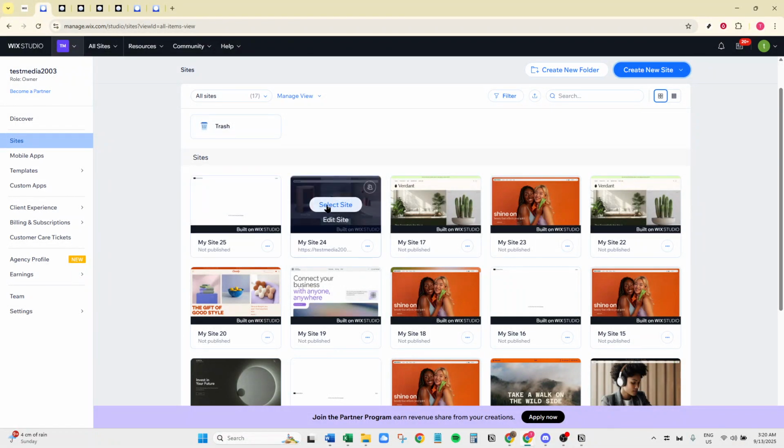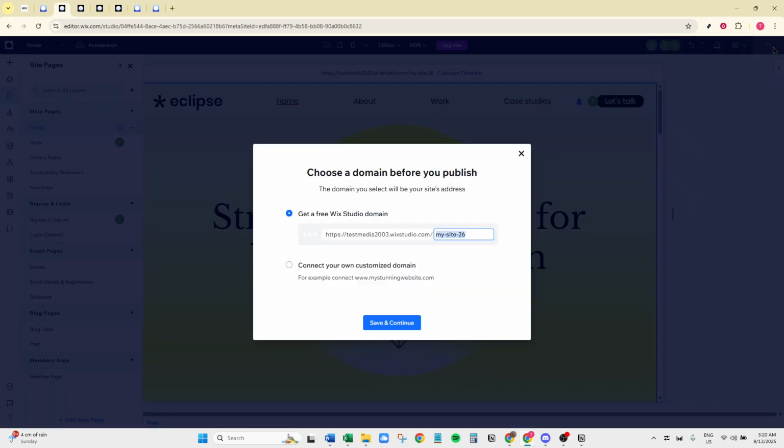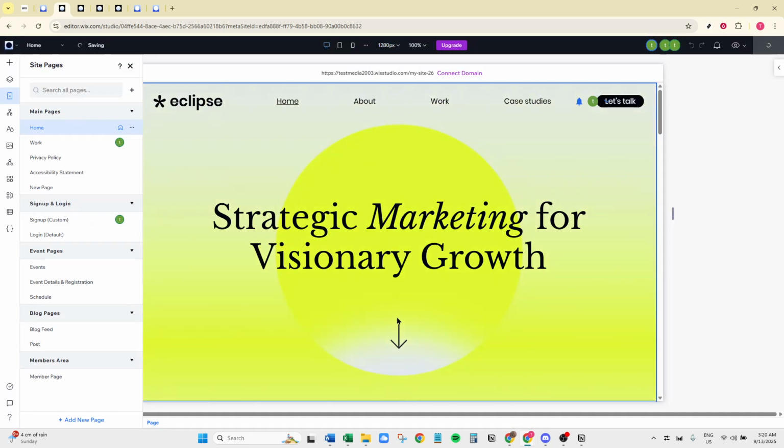Now that you have your website open in the editor, the next step is to hit the Publish button. This button is usually located at the top right corner of the screen. It's a very important step because publishing makes sure that your website is live online and accessible to anyone with an internet connection. Even though you might have previously published the site, republishing is often a good practice after making new changes or updates. After you click Publish, you'll receive a confirmation indicating that your site is now live.